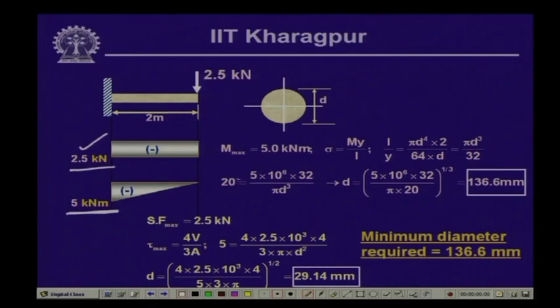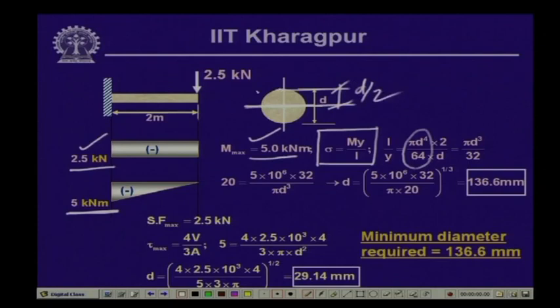Now, if we compute the bending stress from this particular expression, sigma equals M y by I. Now, maximum bending moment is 5 kilonewton meter. Here the moment of inertia with respect to this neutral axis is equal to pi d to the power 4 by 64, and the extreme distance from the neutral axis is d by 2, and that is the point where you are going to get the maximum bending stress. So, I by y is equal to pi d cubed by 32, and if we substitute these values, limiting the bending stress to 20 MPa, we get the diameter of this particular pole as 136.6 millimeter,